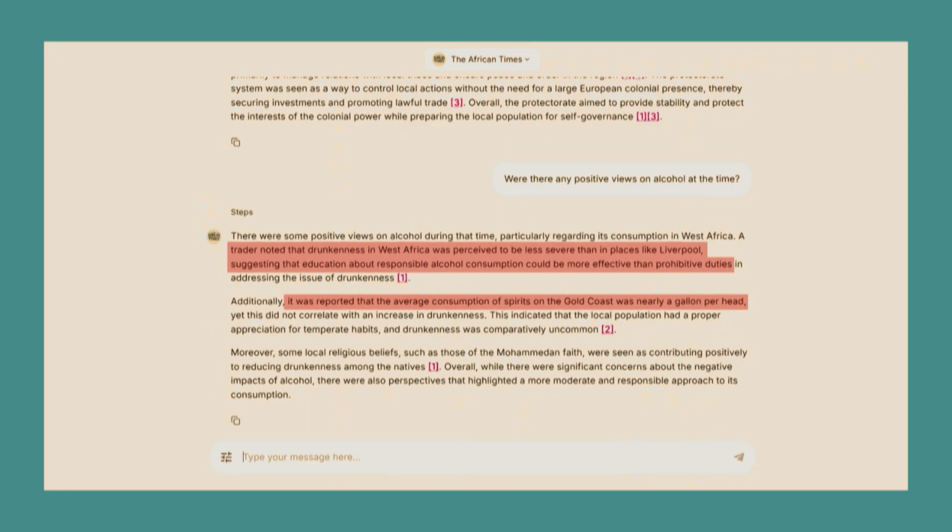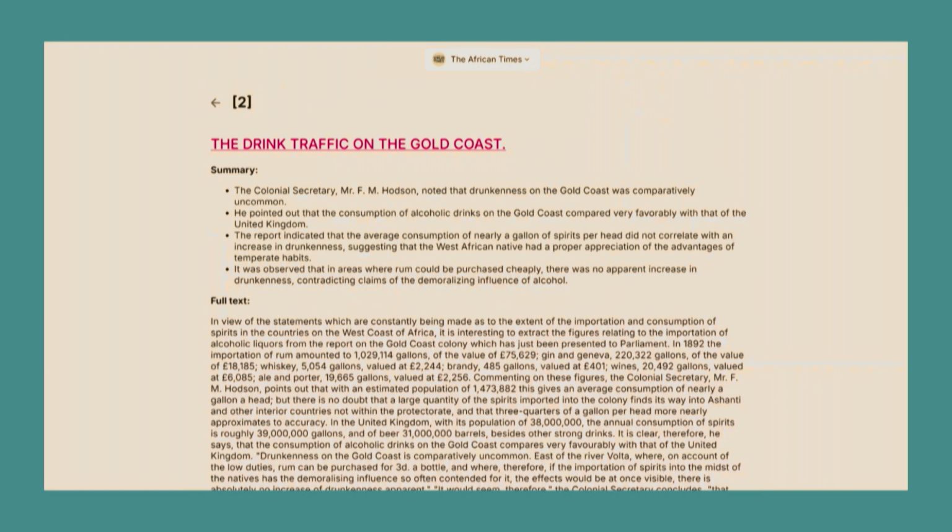And it was reported that the average consumption of spirits on the Gold Coast was nearly a gallon per head, yet this did not correlate with an increase in drunkenness. And also some believe that religious beliefs have kept alcohol consumption in check, and there's no need for additional limits. And again, I can check the citations, and here I see that there is an article by Colonial Secretary